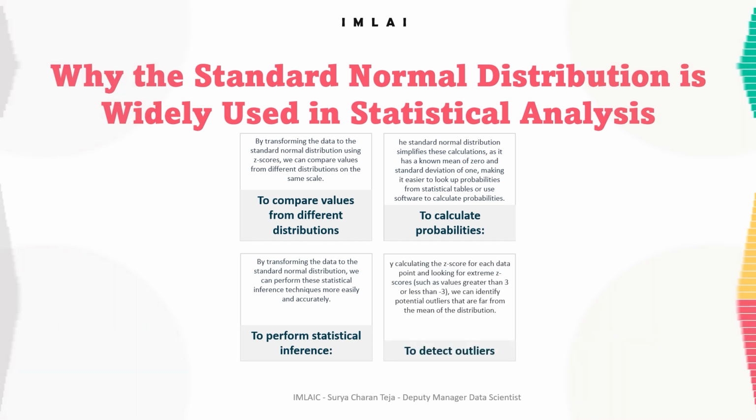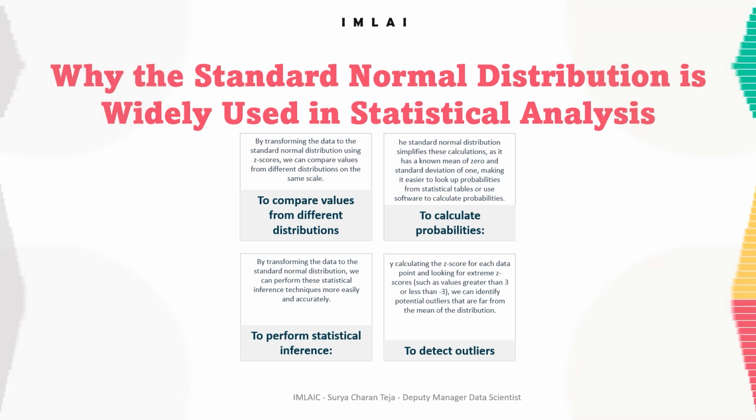And the final one, but a very important one, is to detect outliers. By calculating the Z score for each data point and looking for extreme Z scores, such as values which are greater than 3 or less than -3, we can identify potential outliers that are far from the mean of the